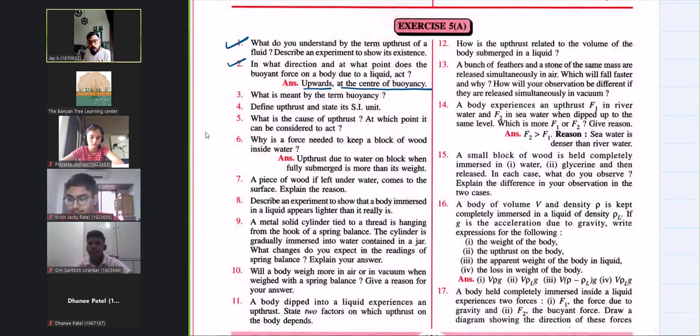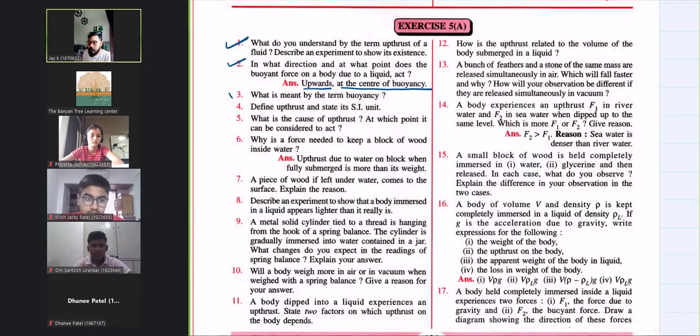So every body has got a center of gravity, and the weight of every body acts on this center of gravity in the downward direction. But upthrust does not always act at the center of gravity. It acts in the upward direction at the center of buoyancy. Center of buoyancy is different, center of gravity is different. Sometimes it happens that the center of buoyancy and center of gravity coincide. I have already explained that, but we'll again discuss it if the matter comes up in another question.